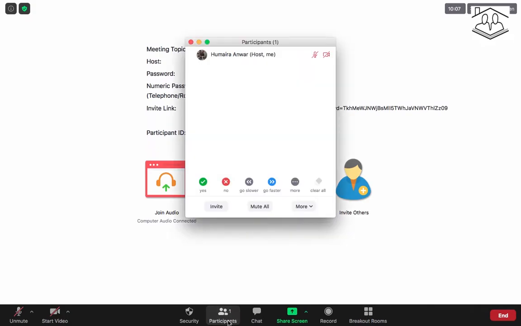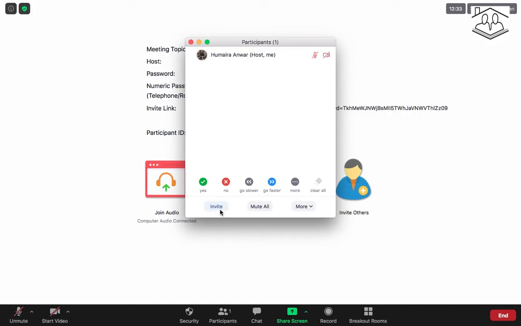The next option is participants. When you open participants, you can see how many people are there in the meeting. Right now there's only me in the meeting, so there is only my option. These are some of the non-verbal options over here. If you are in the flow of your lecture and do not want to take questions in between, your participants can show you these non-verbal responses, which can tell you what you should do in the lecture, or what you should not.